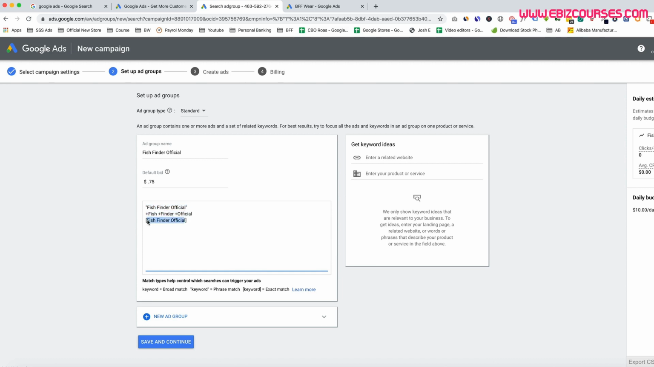So this is our exact match, meaning anytime someone types in this exact thing within these brackets, our ad will only show if someone only typed this. If someone typed in Fish Finder Official Shop, then our ad will not show. However, if we have these plus signs right here, now anytime someone types in any combination of these words, our ad will show. And then this is a phrase. So anytime someone types in at least this, and if they have shop or coupon or whatever after it,